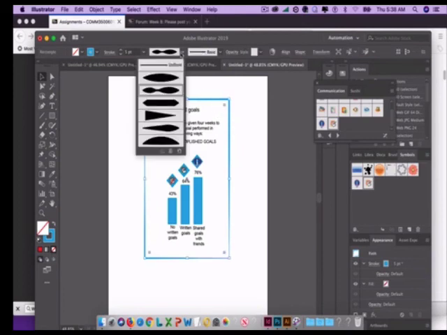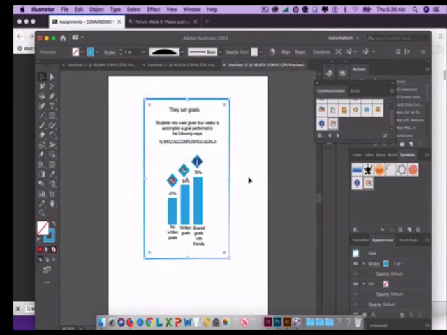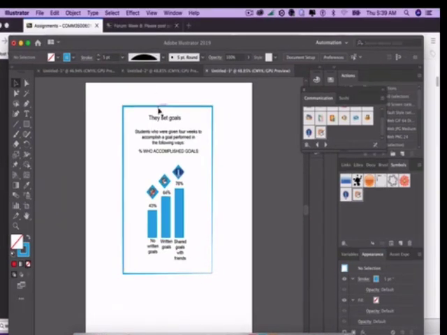You could also do a sort of mostly thick and then getting thinner towards the end there. So depending on which one you choose, it's going to give it a slightly different look. And that's just a way of adding a little bit of visual interest to